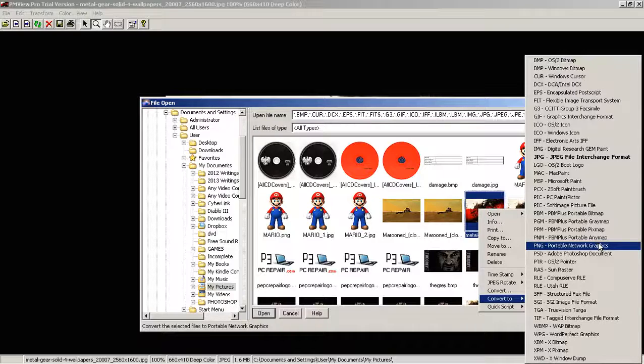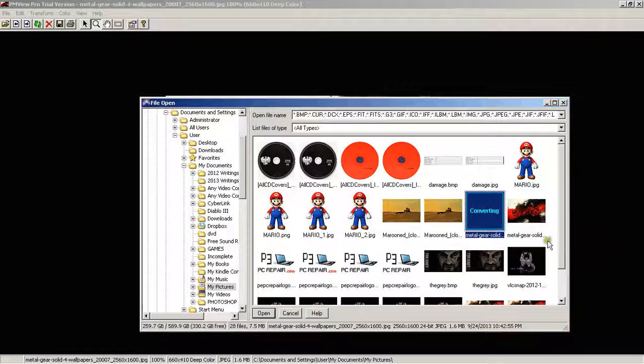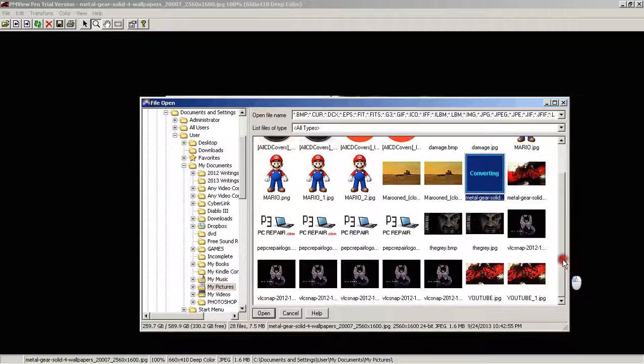So you can even convert it to an OS2 bitmap, which is kind of funny if you're a dork. But usually the two that I would use would be a JPEG, which is more of a compressed file most of the time, or a PNG, which is a compressed, still high quality picture. So we'll convert it to a .jpeg,